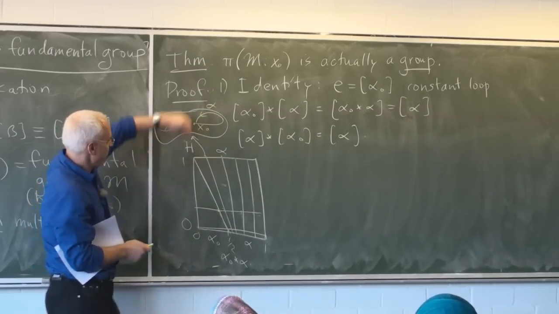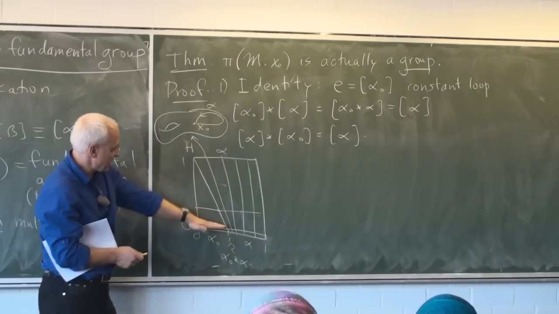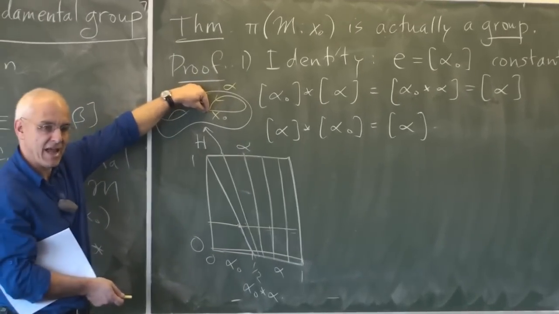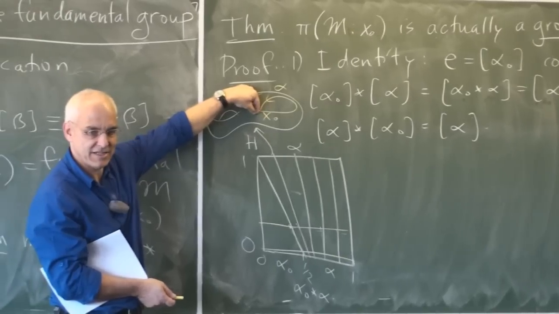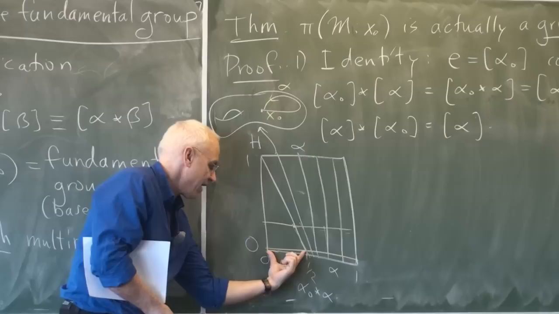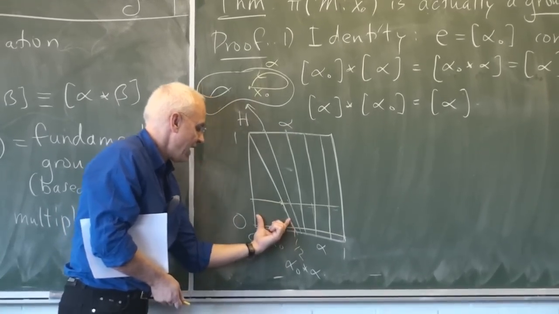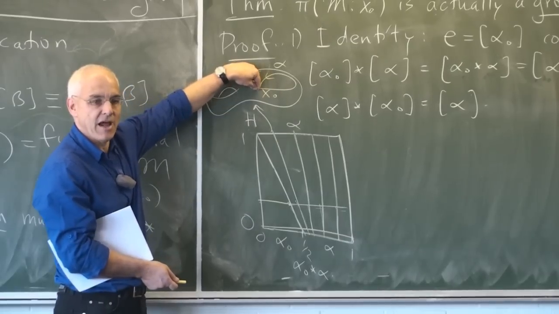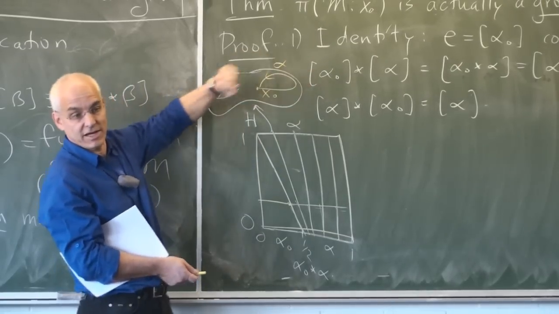So in other words, our movie consists of a sequence of paths where we're successively spending less time at x0 in the initial stage. Initially we have a half period, and that's going to be decreasing as we go up until eventually we're not spending any time at x0 and starting off immediately with alpha.